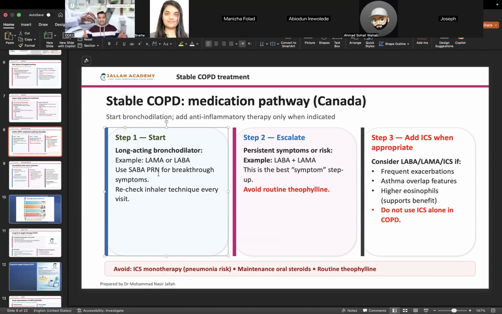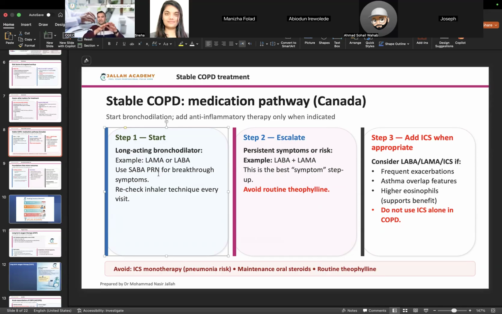So for the first stage, you're choosing between LABA and LAMA. But in second step, you combine them together. So it is LABA and LAMA. And third stage, since it's called third stage, it will be triple therapy. So LABA, LAMA, and steroid. So zero step is short acting. That is always there, so that's why it's not even considered as first step. They have to have it always in their pocket. They use it as they need it.